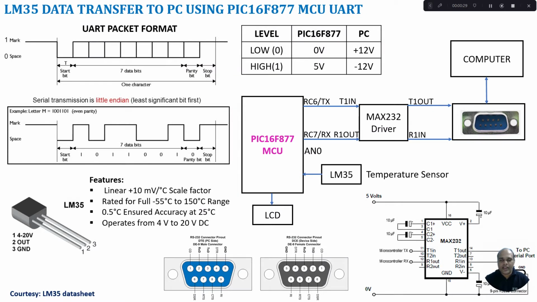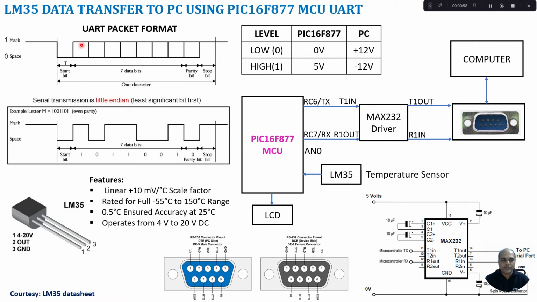So first let us start with the fundamentals of UART. UART is a universal asynchronous receiver transmitter. It is used for transferring the data in a serial fashion, so bit by bit transmission can be done. And it works in asynchronous mode of transmission, which means it does not require a clock source to transmit the data. So here if we see the packet format for a